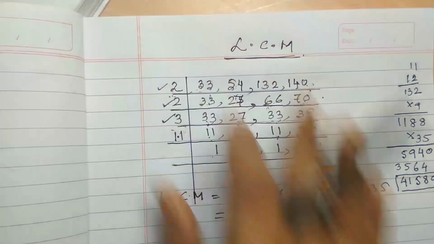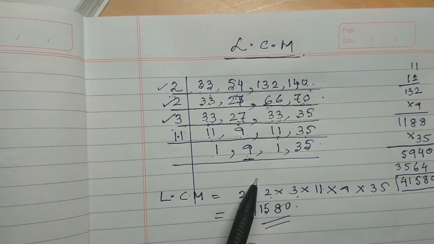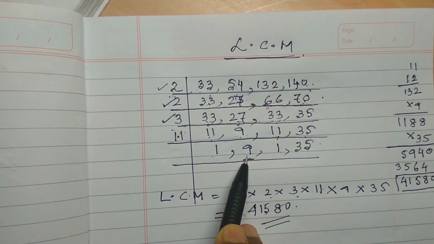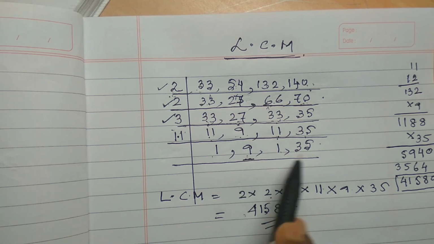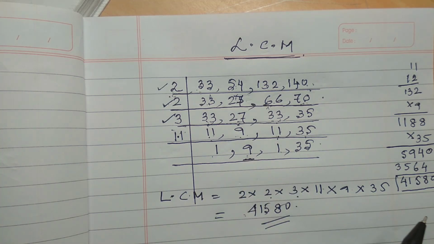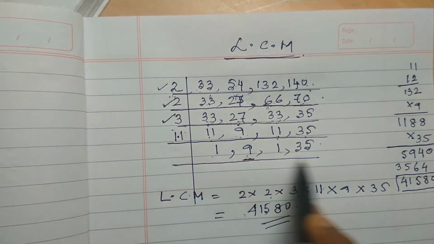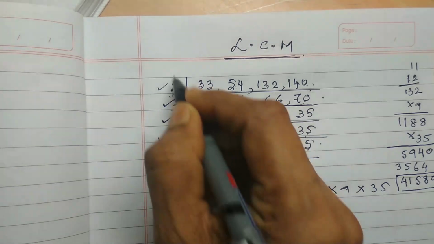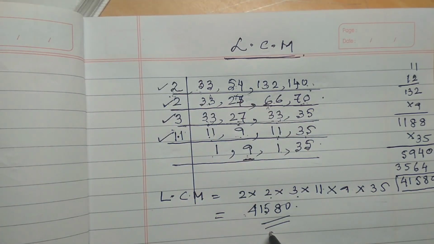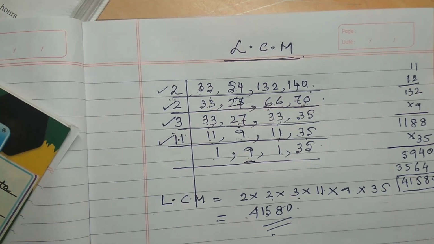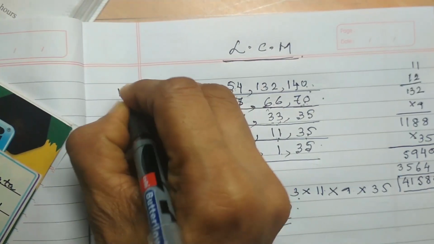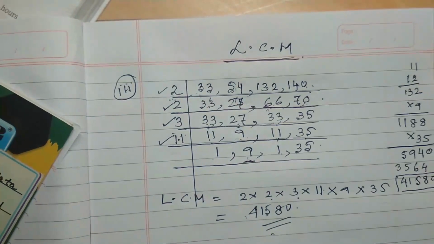After that I will not proceed any more. Why? Because 9 is divisible by some number, 35 is not, meaning both numbers don't have any common factor. So I will stop here, and then the LCM will be the multiplication of all these numbers. Then I will get the LCM. Okay. One more I am doing, the same type of sum, so that it will be clearer.